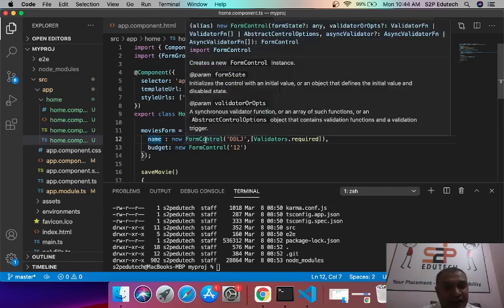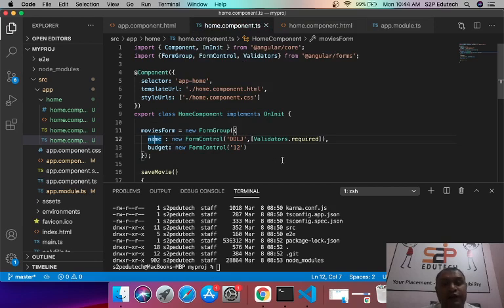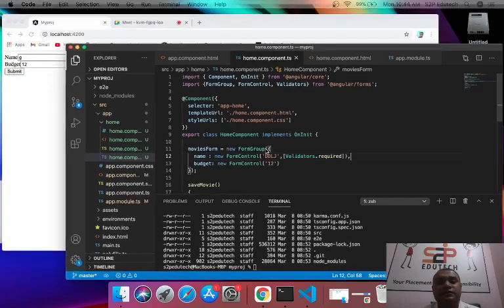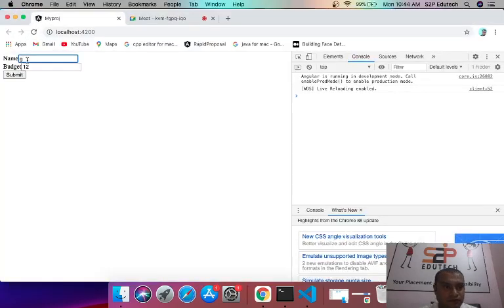On a field level, I would add whatever validation we want to add in this field. This is the validation which I am using, which is the required validation. So if I remove this, this button is not clickable, and as soon as I start typing in this, the button enables itself and you'll be able to click it.